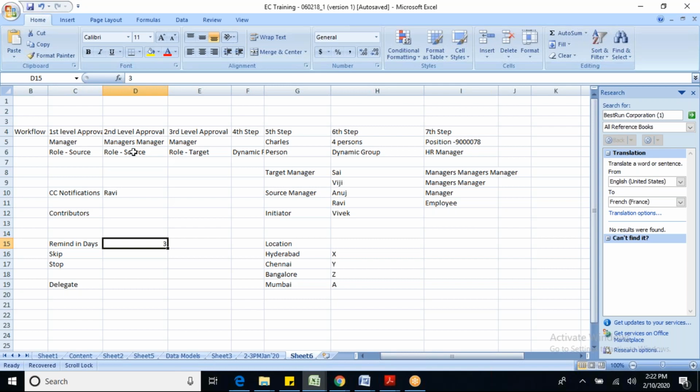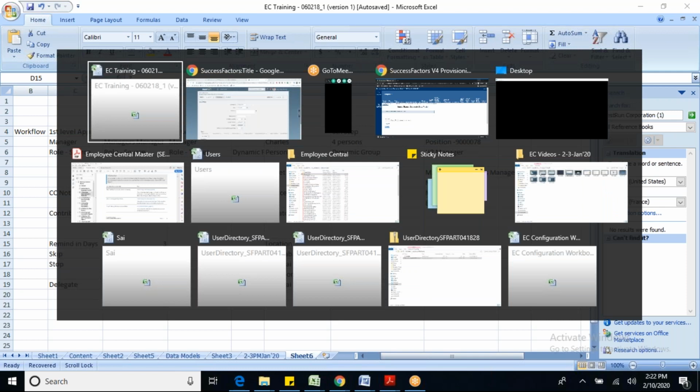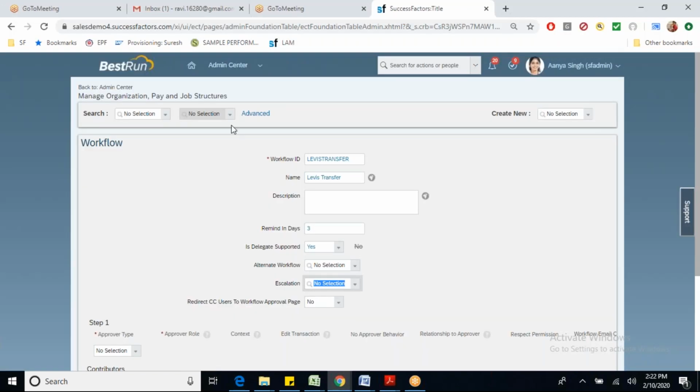Escalation can be created under Manage Data, and whoever it is, it escalates to that person. Let's say if the manager doesn't approve, it should escalate to the manager's manager, or some HR person, or the head of the department. So escalation we have not created, so I'm leaving it blank.